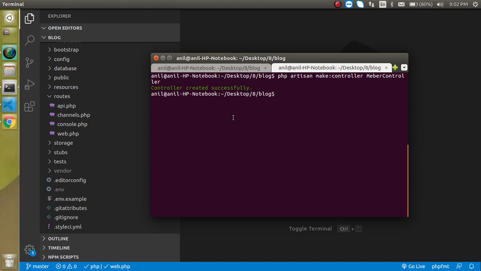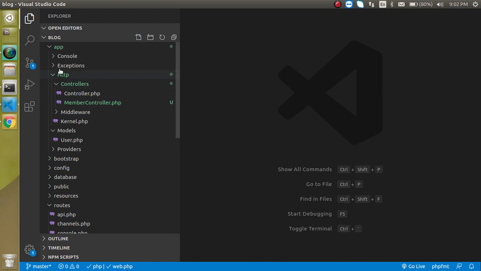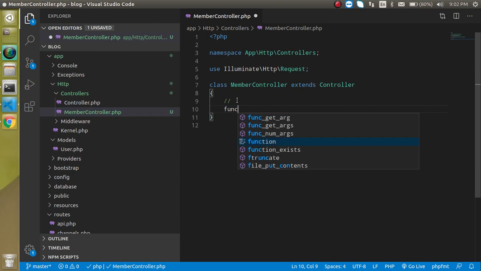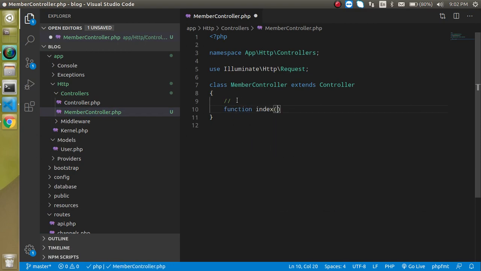So first of all, I'm just going to make a controller. Let's clear the previous data and just write here php artisan make:controller, and my controller name can be MemberController. Hit enter. We can see it here inside app/Http/Controllers. So let's make a function here, and you can put any name to this function. I just want to put index. For a moment we can just return here one-to-one for checking out the text and routes.